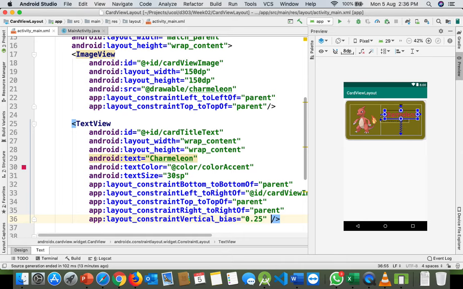So that is our card view. Any questions till now? No. So let me stop that particular specific video and